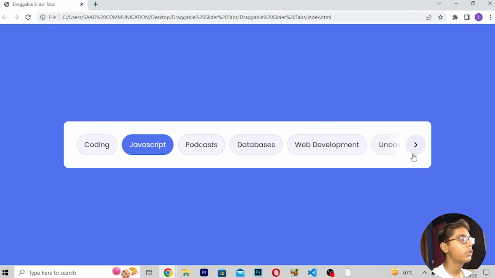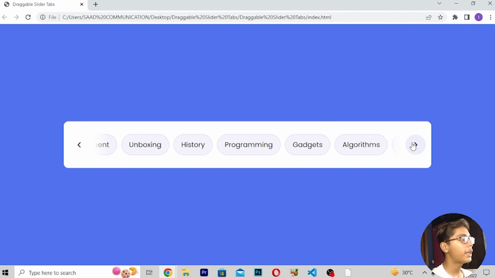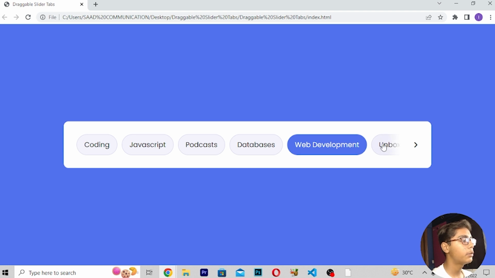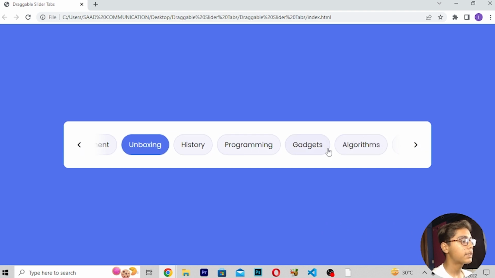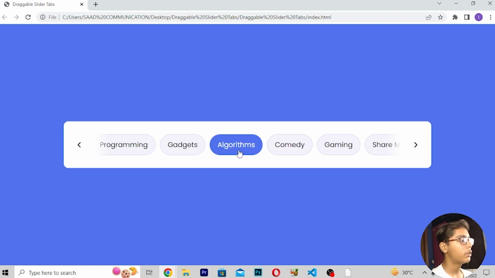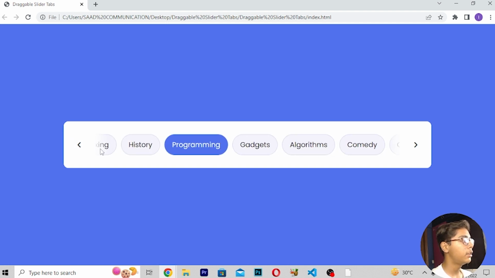Now if I show you, you can see our beautiful draggable slider is ready, which we have built using JavaScript in if statements. You can see this, how cool looking is that. We are getting all the hover effect on our buttons, like this bluish hover effect I was showing you. A background color is also looking awesome, and this is our draggable slider project which we have built using JavaScript in if statement. So I hope you understand how we have built this amazing project of draggable slider tabs in JavaScript using if statements.